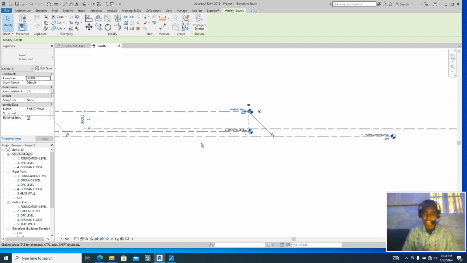So to begin modeling, if we want to build a house, where do we start from while laying the block? We'll start from the German floor, right? Is it from the German floor? No. We'll start from the foundation. So we'll go down to the foundation level and start laying our block. Start drawing the block from the foundation. So once we are done drawing the foundation block wall, the DPC is never a problem, because whatever we draw from the foundation, we will generate it to the